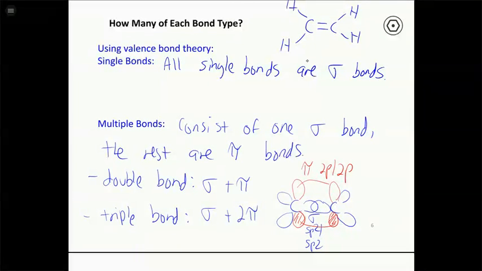There's a pi bond that's going to involve the unhybridized 2p orbitals. For the other examples that I gave you for sp2 hybridization, these unhybridized p orbitals are not necessarily going to be involved in the bonding, but in many cases they will form pi bonds, as we see in this compound here. Okay, so that's the picture of what it looks like. But like I said, the more important thing you're going to have to do is be able to count the number of sigma and pi bonds in a molecule.